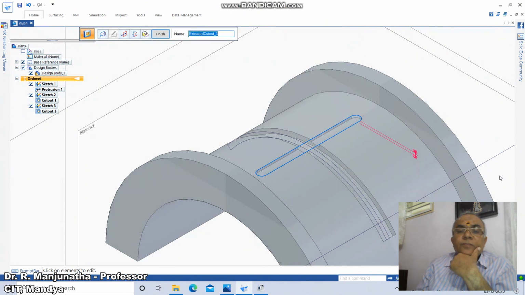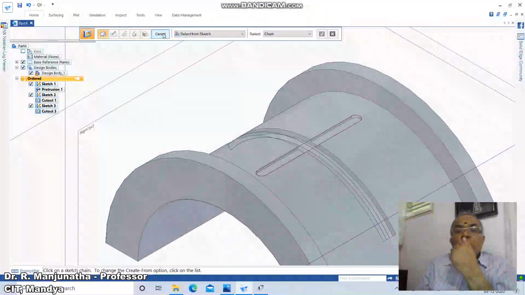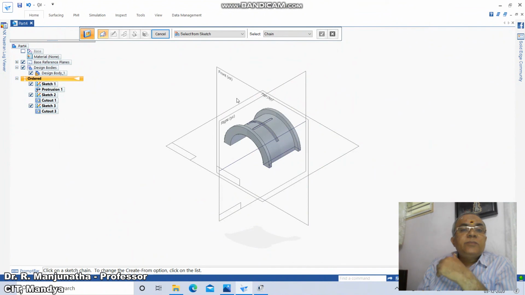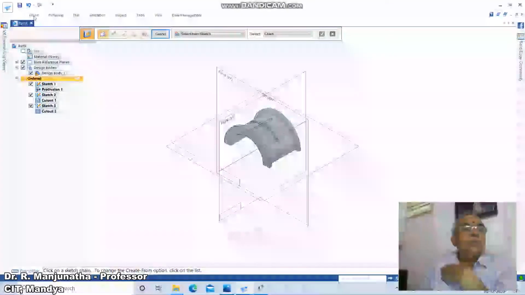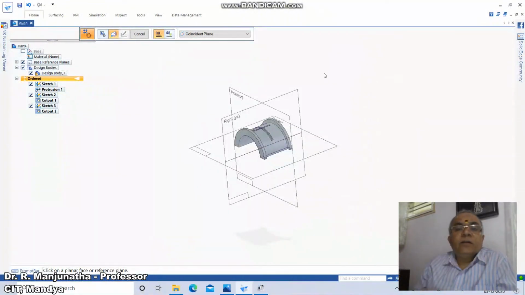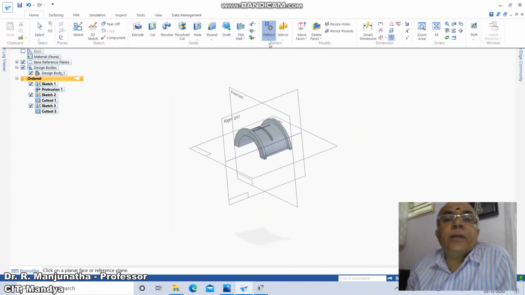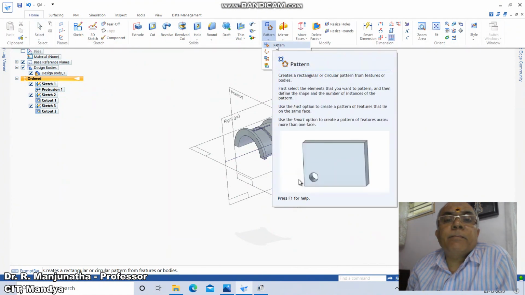And click on this and then say finish. Now we have this groove has to be done for 3 times. So that means on either side. So go to home. So to take up the pattern, click on home, click on pattern,